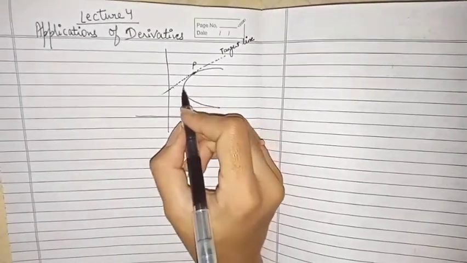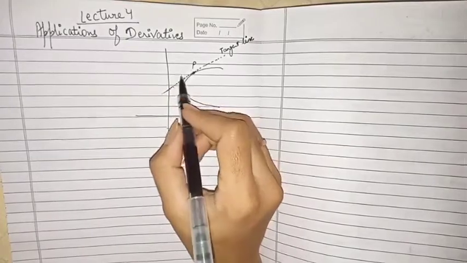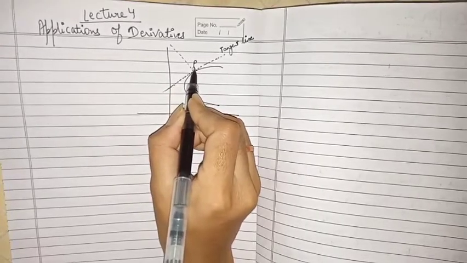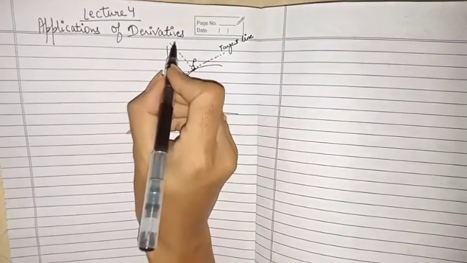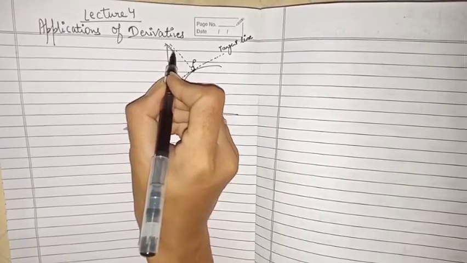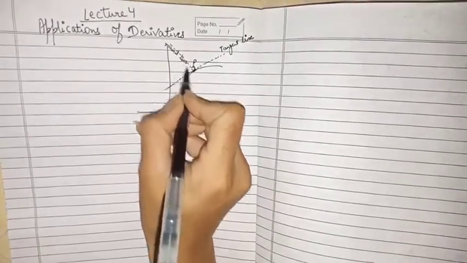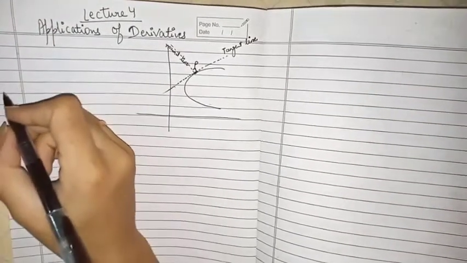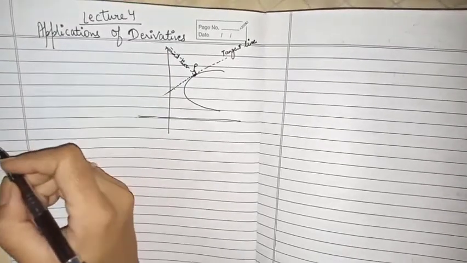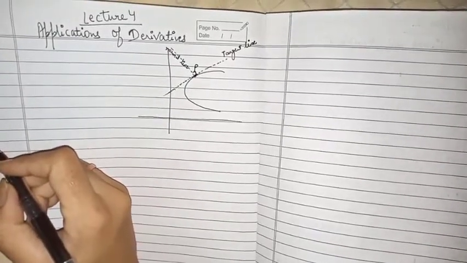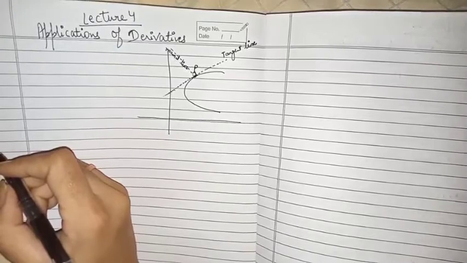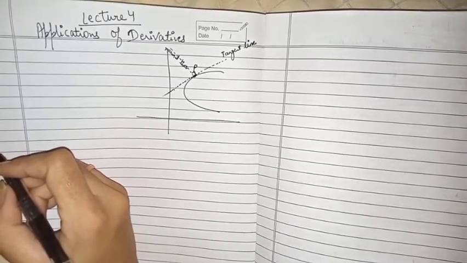And what is normal line? Normal line is a line which is perpendicular to the tangent line. So this is my line perpendicular to the tangent line. So I will say this is our normal line at point P. So in this section you will see how to find the equation of tangent line and normal line to the curve. You have already studied in your +1 class the way of writing the equation of any line.